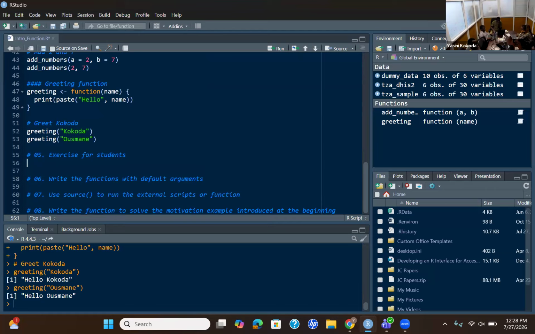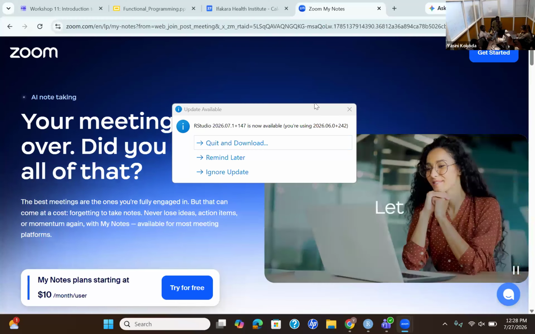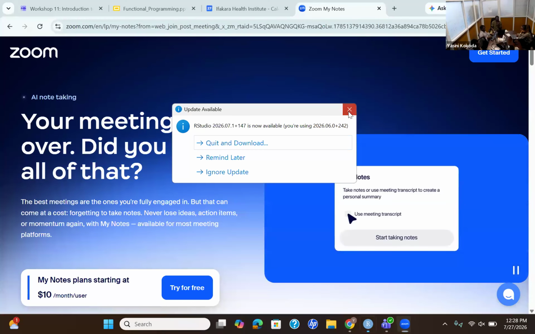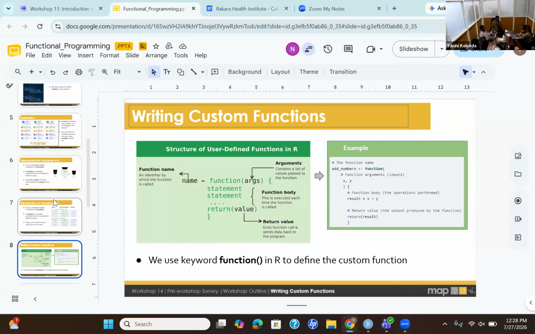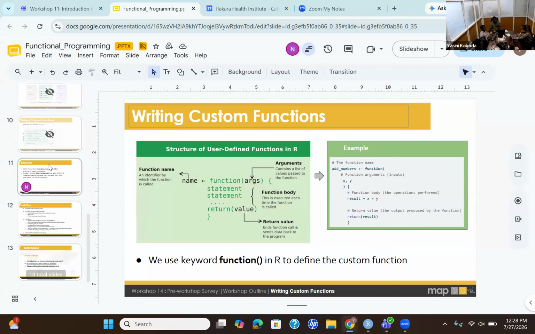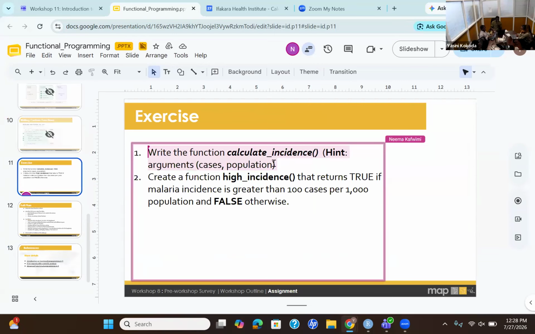Great. So if everyone is able to get there, we have a quick exercise here. You will go to the breakout room and please write, can you see my slides? Are they visible? Yes. So do only question number one. Write the function calculate incidence.